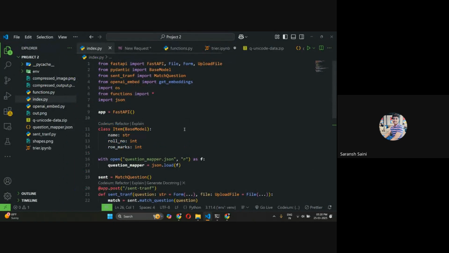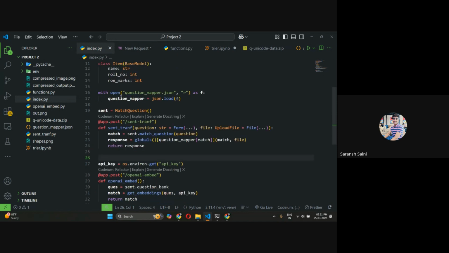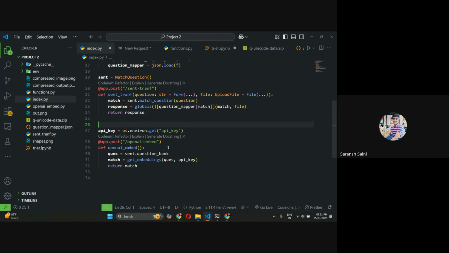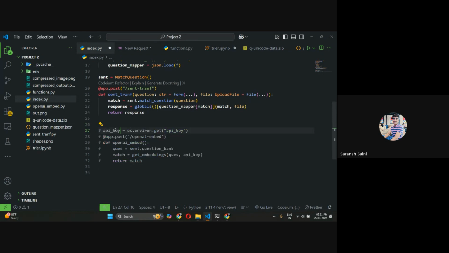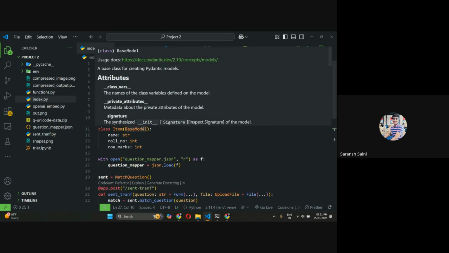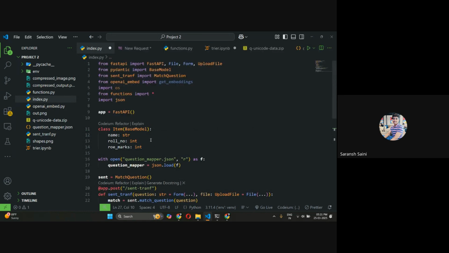This is the FastAPI file. Over here, we are initiating a FastAPI instance, and then we are creating these routes. So these routes are being created. What I am doing over here is that I can just comment this one. Okay. So in this FastAPI file,